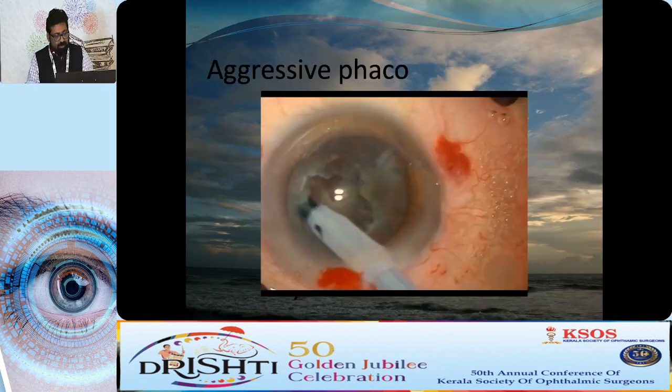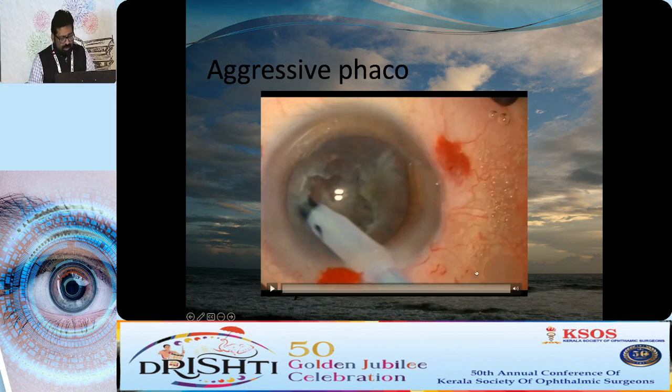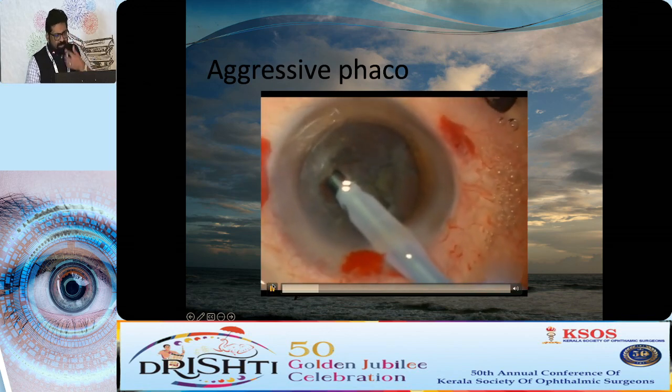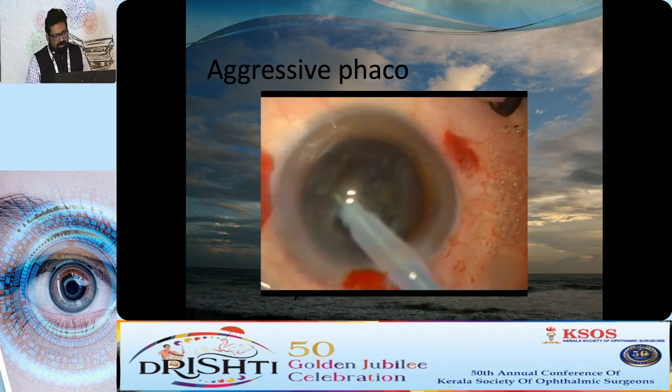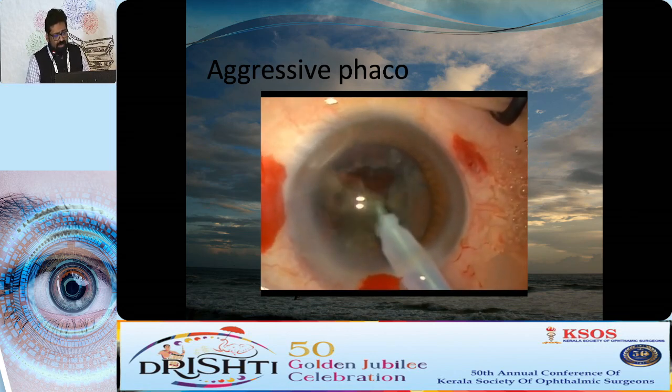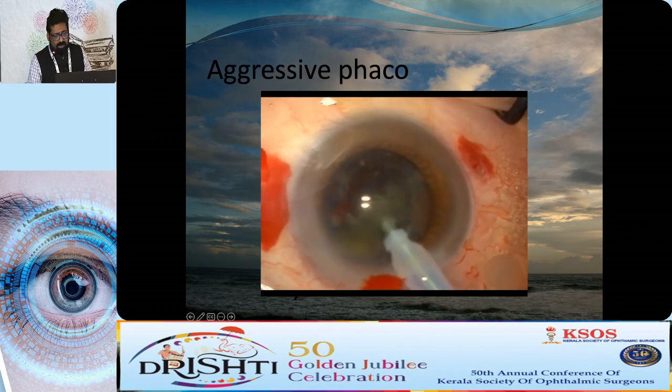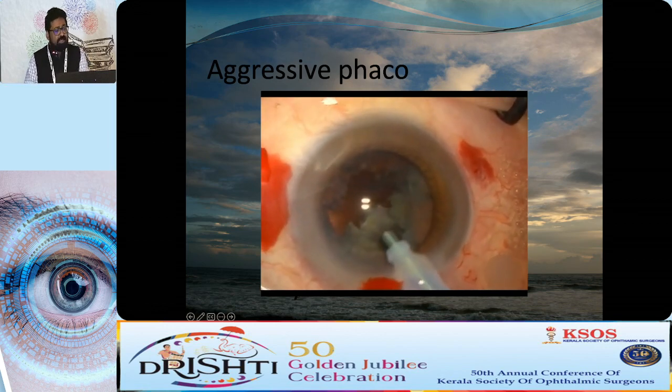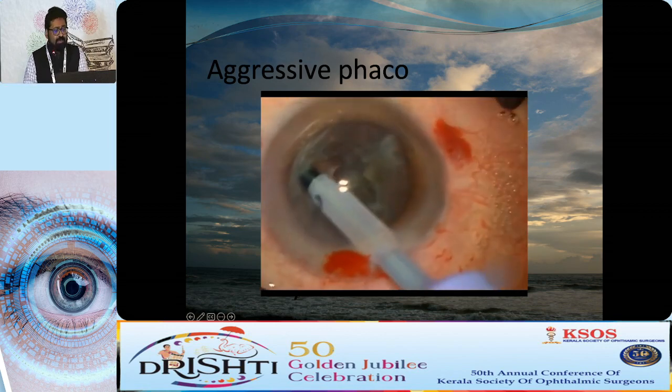So aggressive phaco could be one of the reasons. And see, the surgeon is going very aggressive. Actually, it's going to the periphery and using a lot of energy. And you can see he ends up with a large posterior capsular tear with a significant amount of nucleus still remaining. The first thing you should